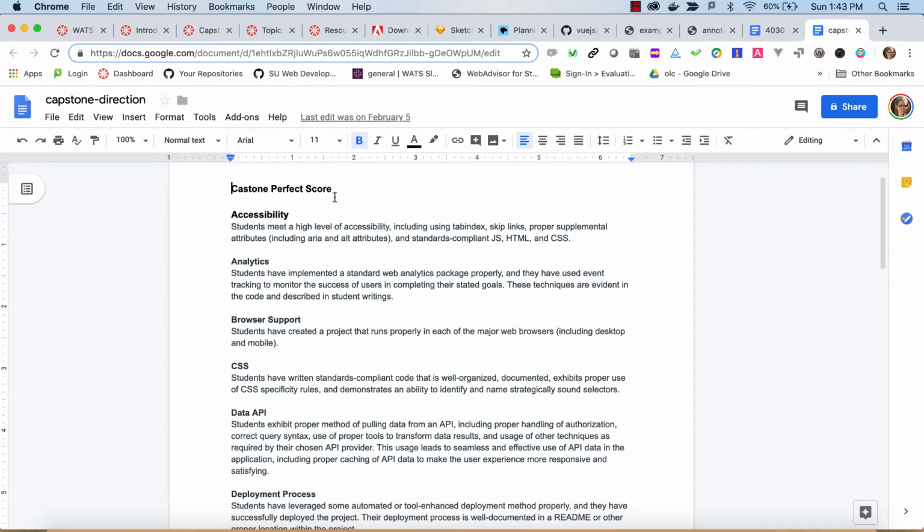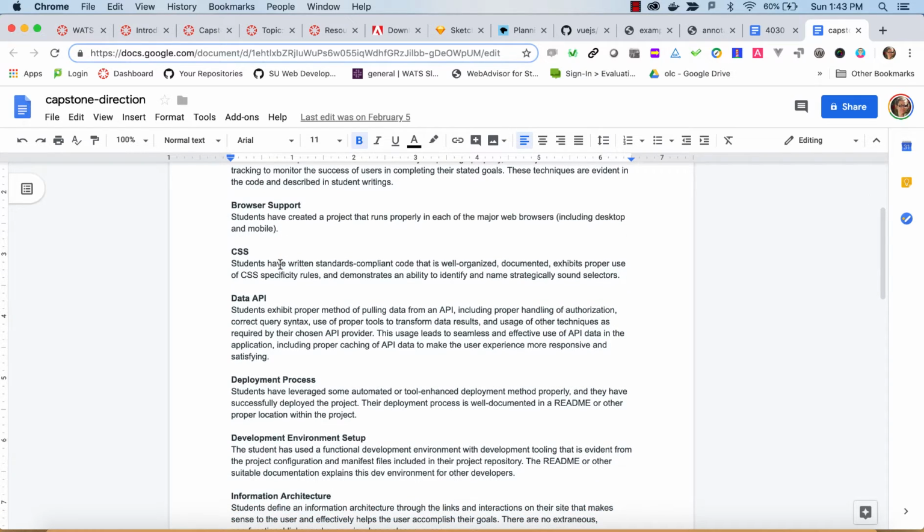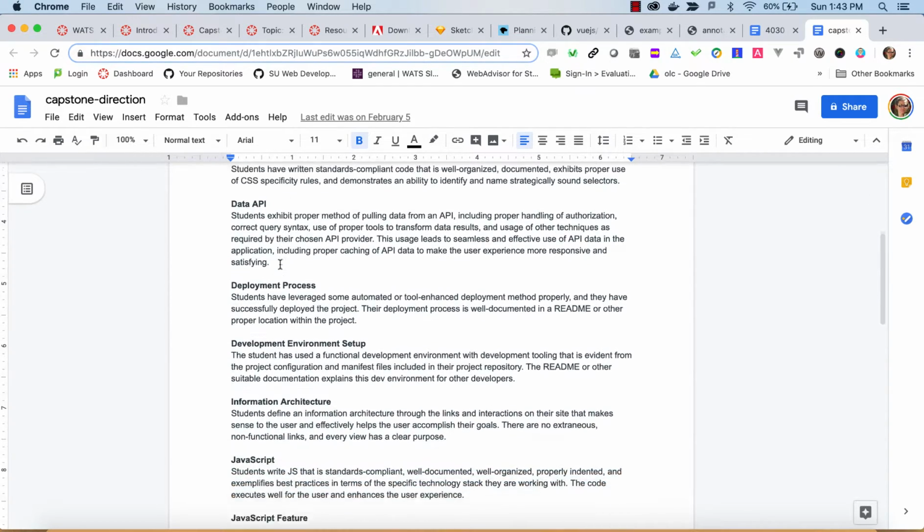And I pulled out some notes here on perfect score for capstone, just to remind you of all the details that will be involved. And of course, this is spread out over the rest of the quarter. You'll be working on this every week until you graduate. So you have essentially 7 weeks for planning and implementation. And there's actually a lot of discovery involved in this project. So you may come up with a plan, but don't be surprised if you have to alter it